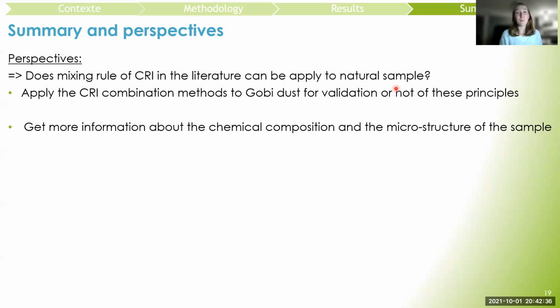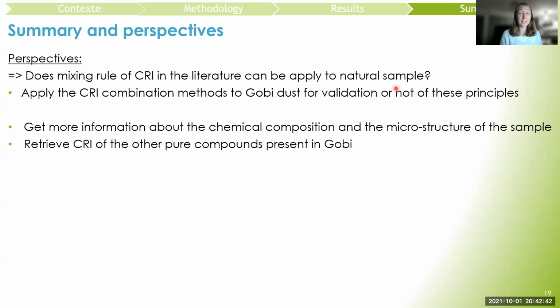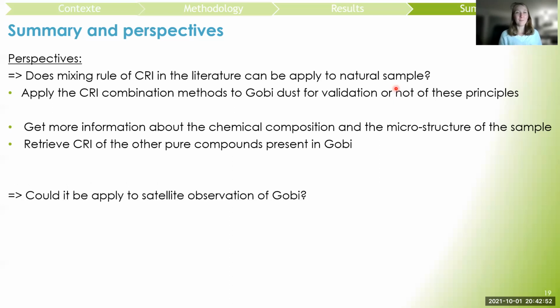It will maybe be important to get more information about the chemical composition and the microstructure of the sample. And maybe use also the refractive index of other pure compounds, because we used only the three main, but there are others. And finally, the last question will be, could it be applied to satellite observation of Gobi